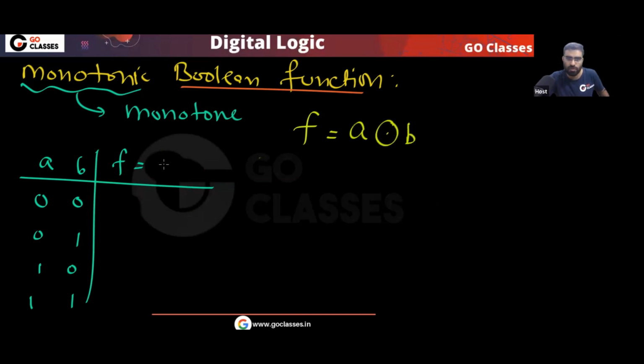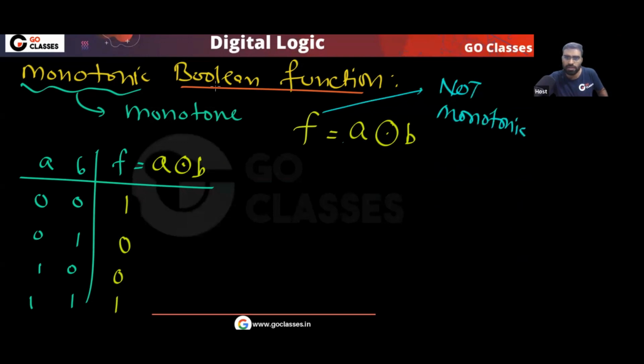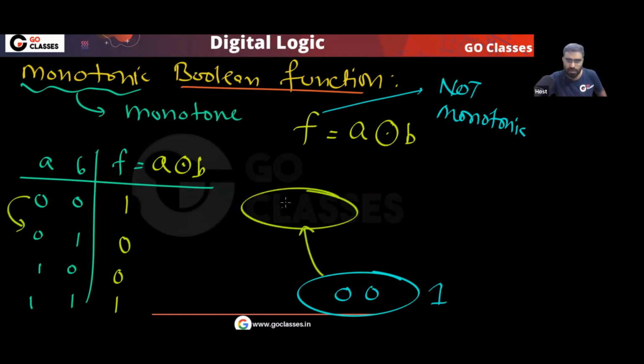What about exclusive OR? 0110. What about this? Again, this function is not monotonic. Why is this function not monotonic? For this combination, the function value is 1. If I increase this by changing a single input from 0 to 1,